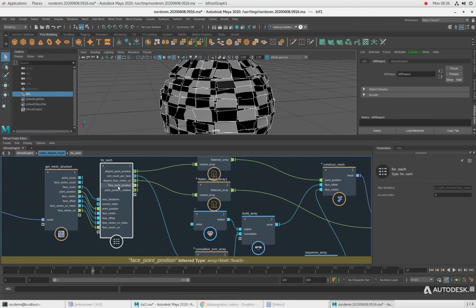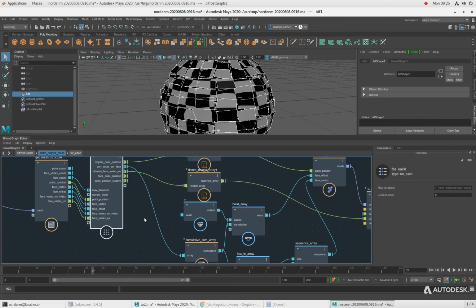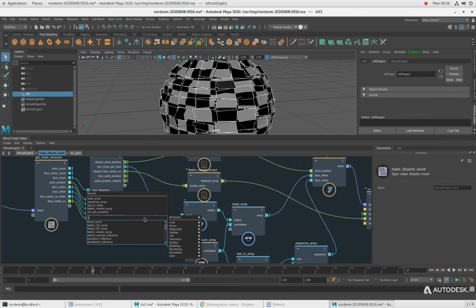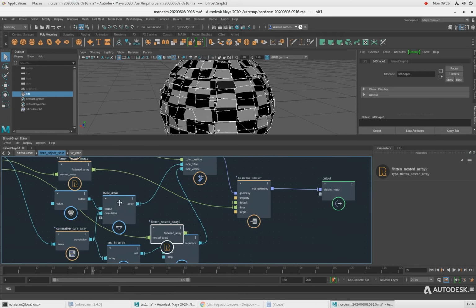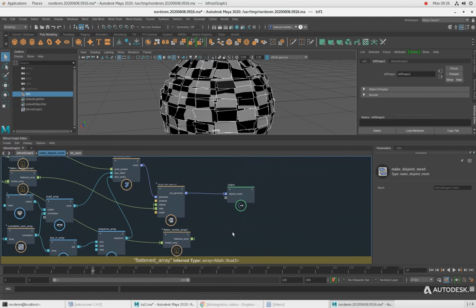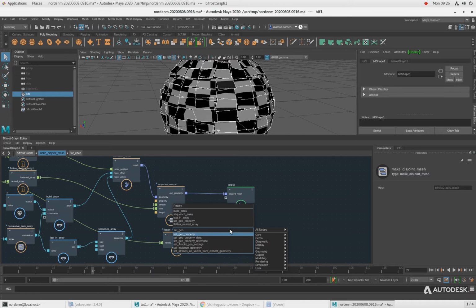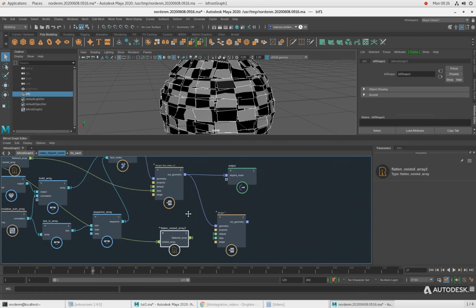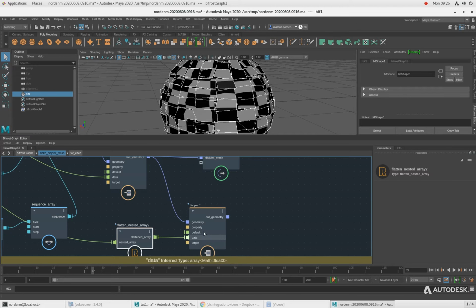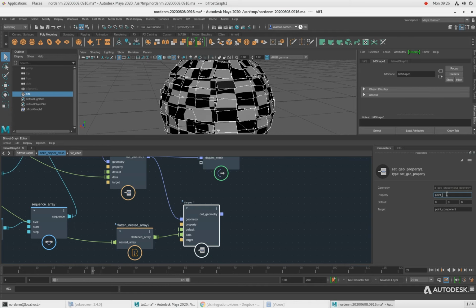That's it. So we have our face points coming out, and then we have the point position relative, the relative positions, which again is an array of an array, because just like the disjoint point positions, we have an array first for every face, and then within that array, a sub-array for the list of vertices for that one face. Because of that, we need to flatten. We're going to flatten that relative array into a single array, and then store that flattened array as another kind of user property here. So geo properties are basically custom user properties. Well, they can be official ones too. It doesn't really matter, but we use them here to set our custom data. So we're going to call this point position relative,